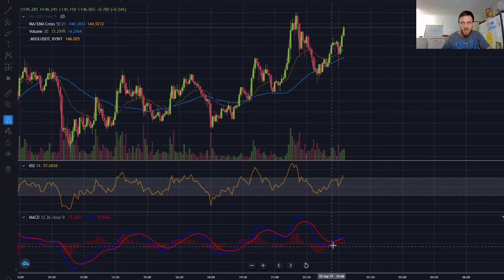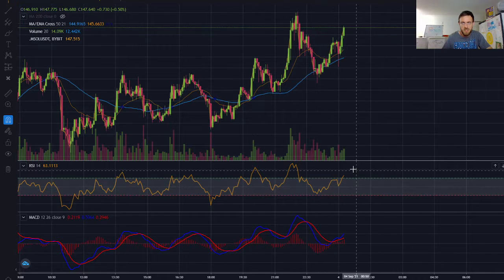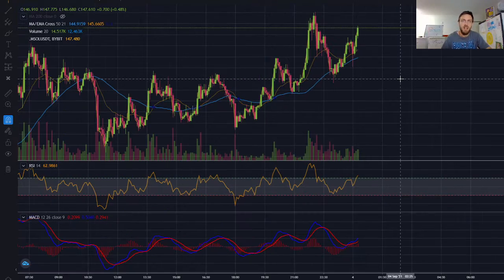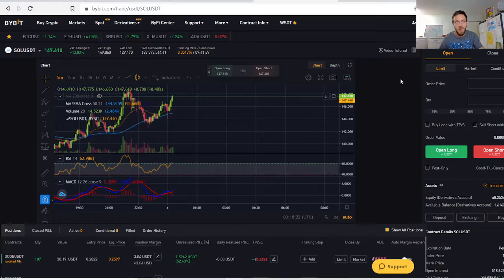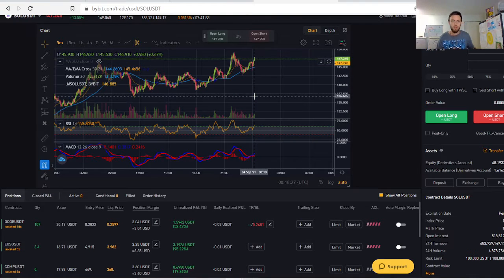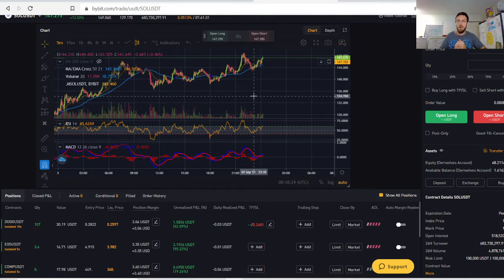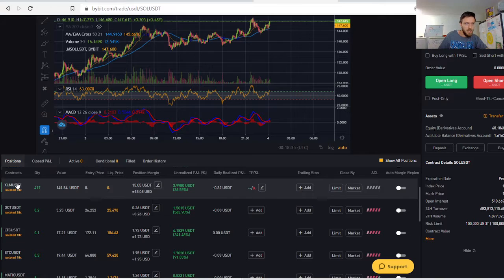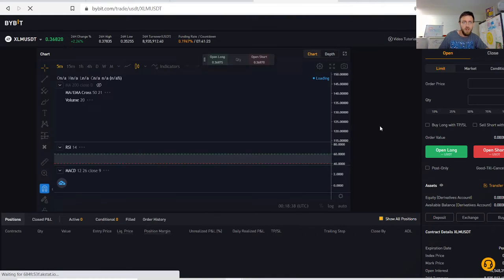That divergence played out, we come down, we come back up, we got retested, and off we go. I mean, it looks good, but I might just hold it there. But that's an impulse, that's an emotional trade. I've done too many of them and it's just cost me. You know, there's no point. All right, you look at how I set up XLM when it first came out in the